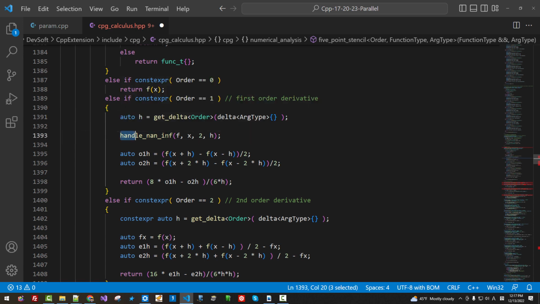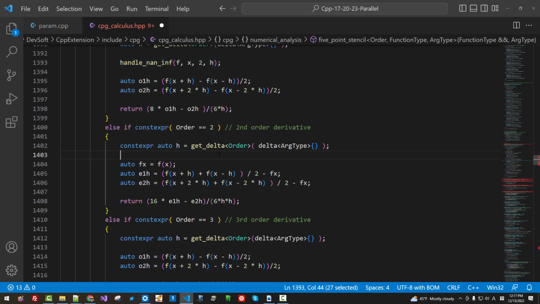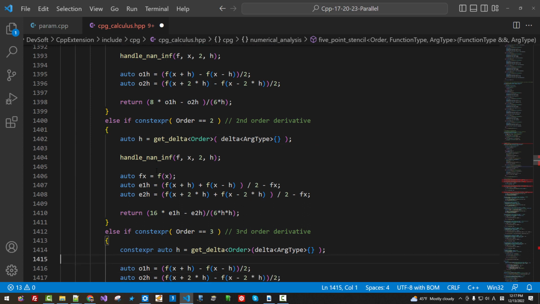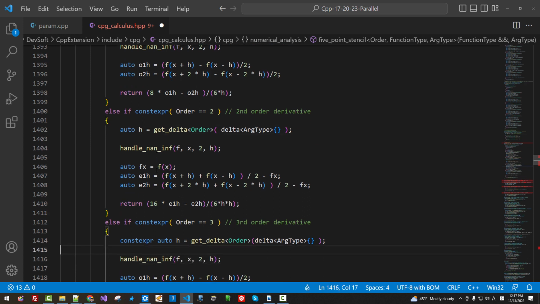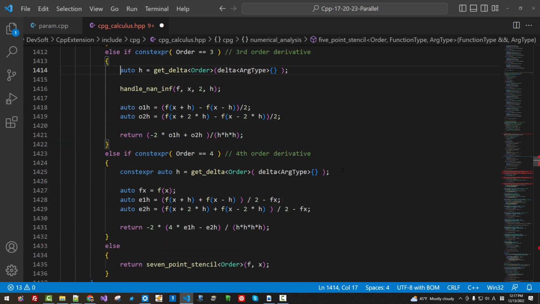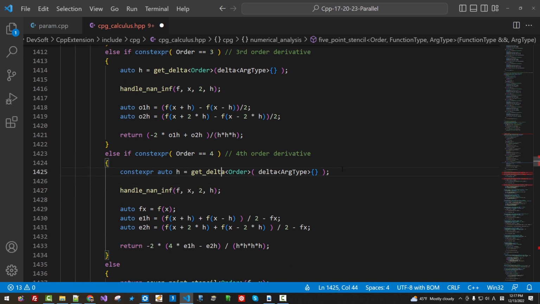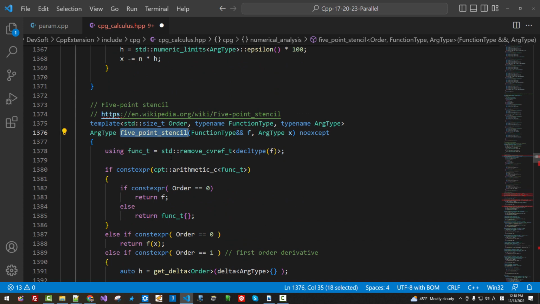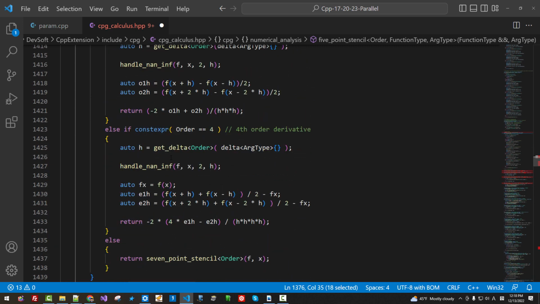I have to apply this function here too for the second order case. Also delete this, copy, paste it here, also remove const. In the same manner, this is the fourth order, delete this. In case of the 5-point stencil, I defined up to order 4. What about order 5? Then I call